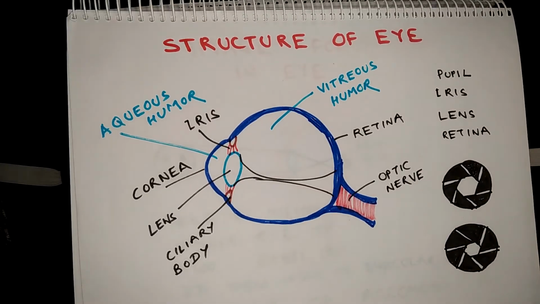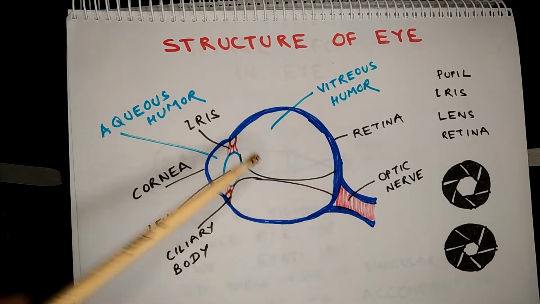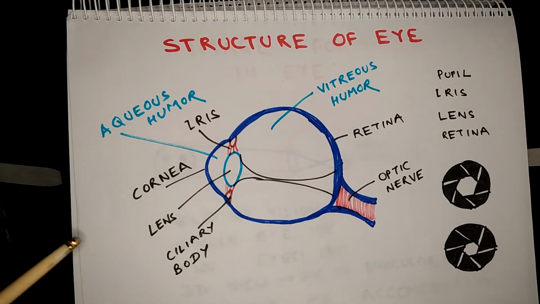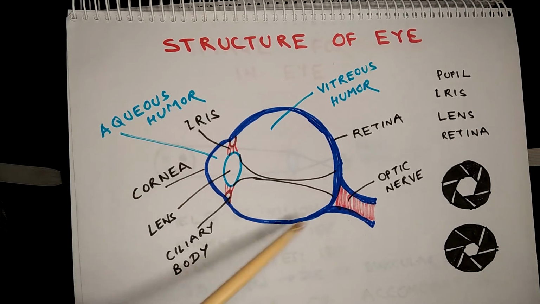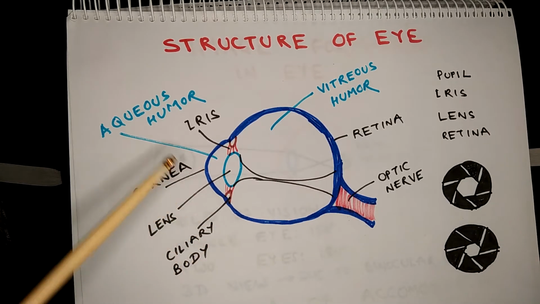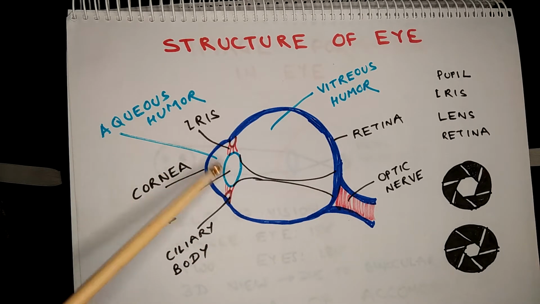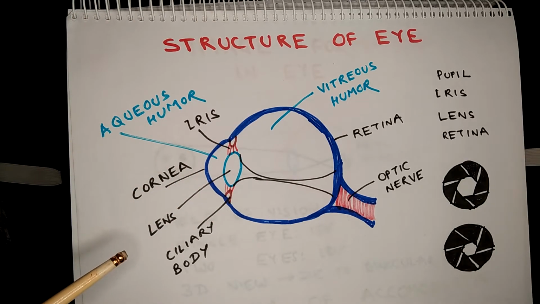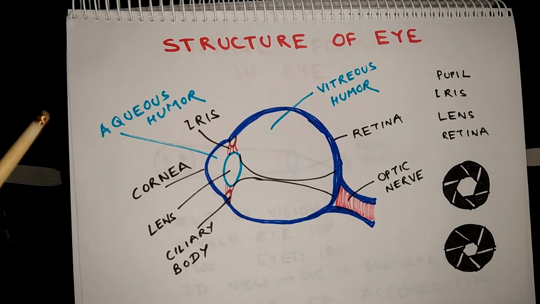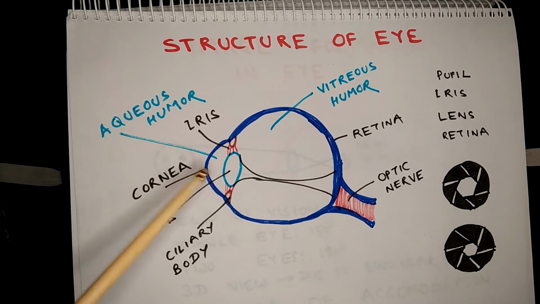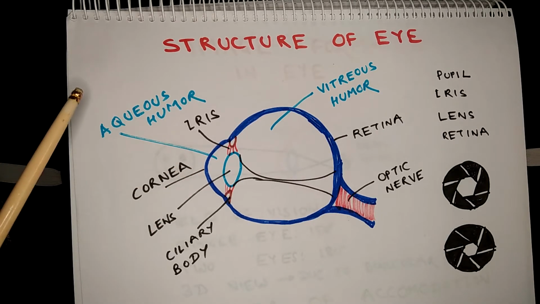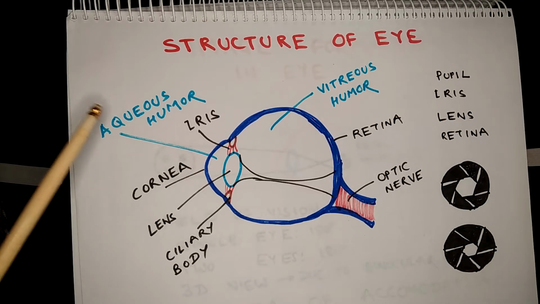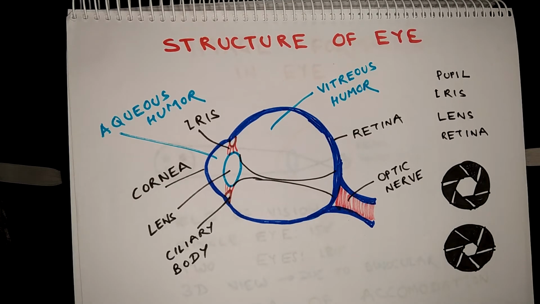This diagram shows the structure of the human eye. The human eye is in the shape of a sphere with a small bulge on the front. The outer layer of the human eye is called the cornea, and this is transparent on the front, on the bulge portion. Now behind the cornea there is